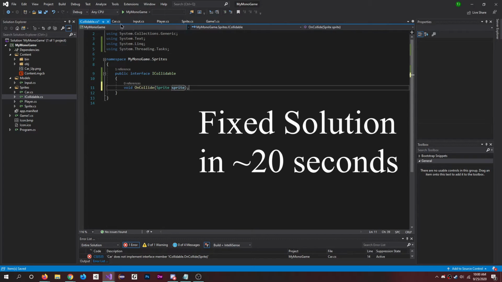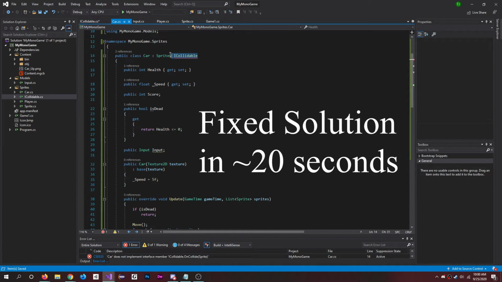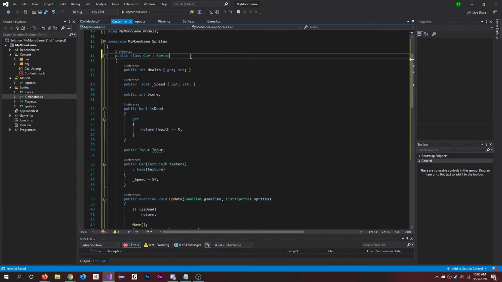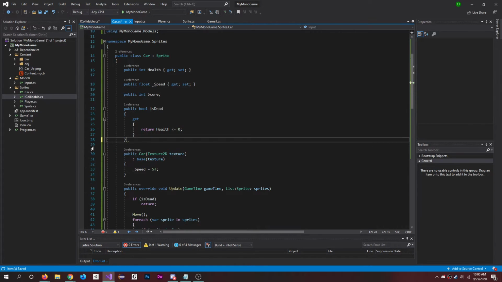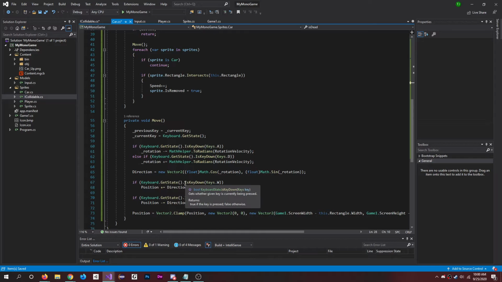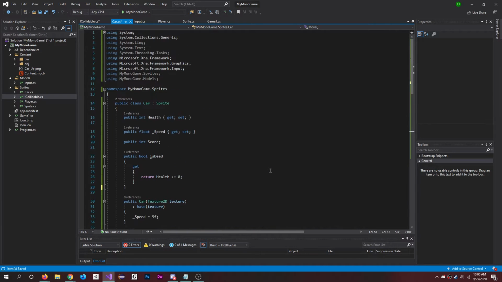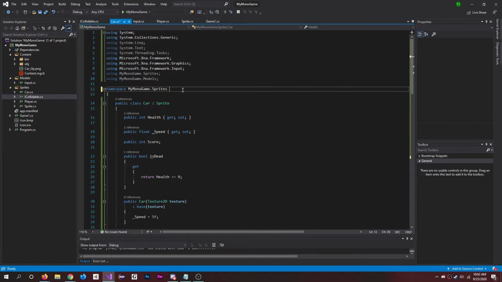I'm just going to keep it as sprite, and I'll just get rid of this for now. Yeah, perfect. And I'll figure out what was wrong with that, and we can add it in later. We also don't need the input because we get it down here. Yeah, because we already state ADWS. So we can implement that later as well. So I figured out the issue. If we can add